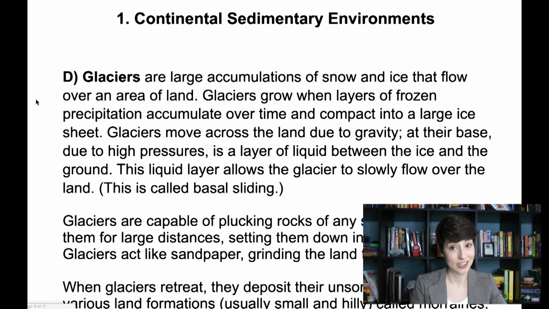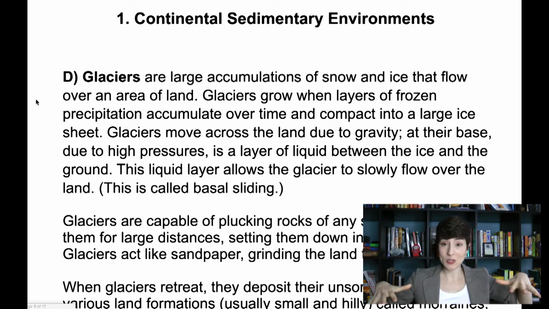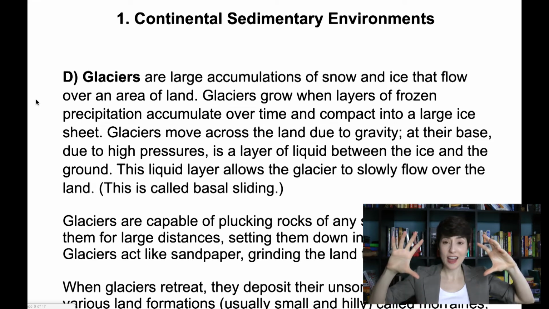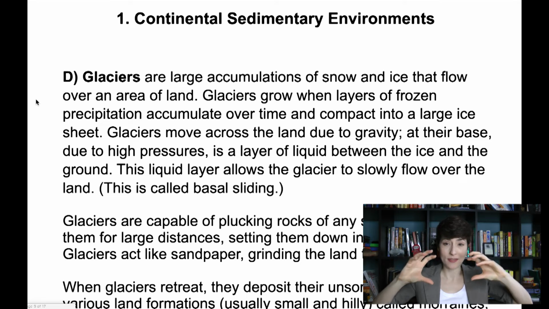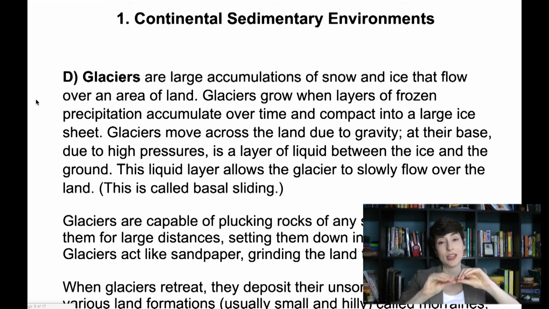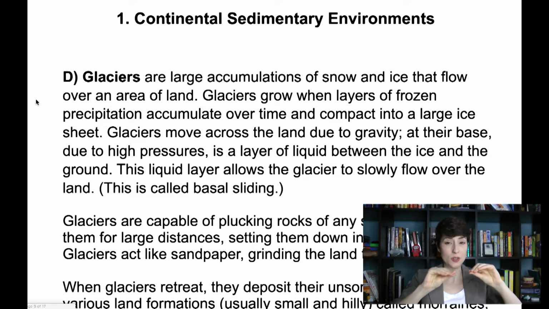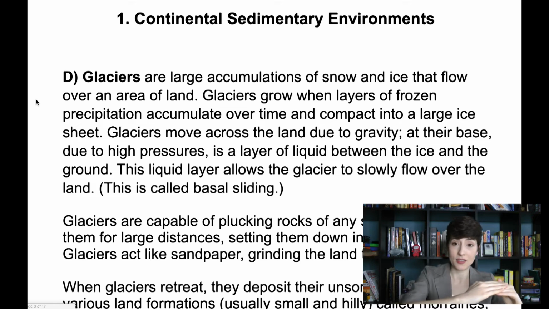Glaciers are really interesting. They are big, giant accumulations of ice and snow. They grow when you've got frozen precipitation that doesn't melt, growing over time, compacting, and because of the pressure, because of gravity and all that ice that's accumulating, there's going to be a layer of liquid right at the base of the glacier between the ice and the ground, and that's going to allow some sliding of this glacier over